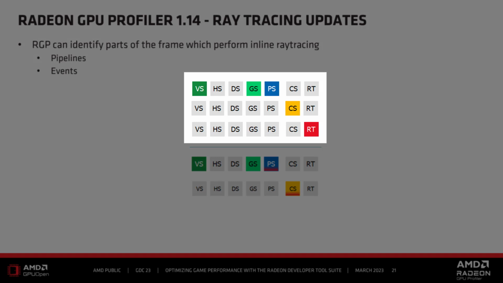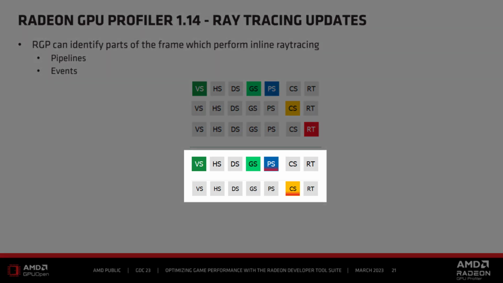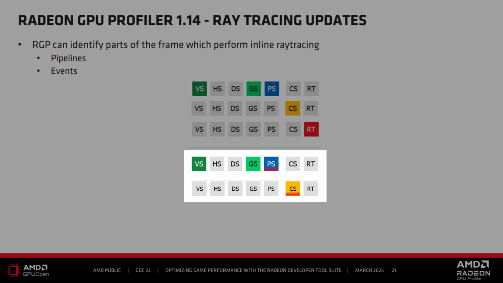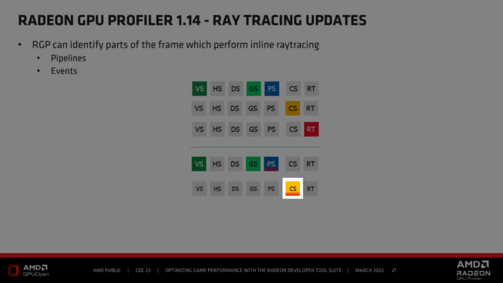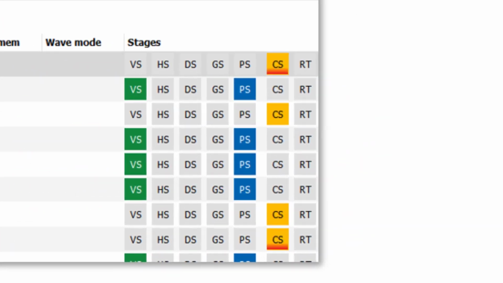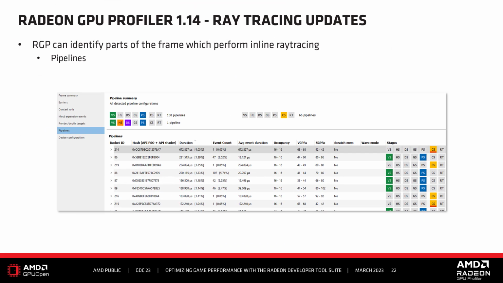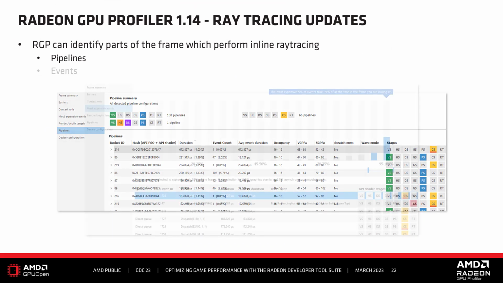Here, the top three examples show the traditional look of the shader stage UI. The bottom two examples show how the UI looks when a stage is using inline ray tracing. As you can see here, a shader stage box is colored using a gradient red color when it uses inline ray tracing. One example where this is done is in the Pipelines Overview pane. Here we can see a few yellow compute pipelines that are colored with the red gradient, indicating that those compute shaders are performing inline ray tracing.